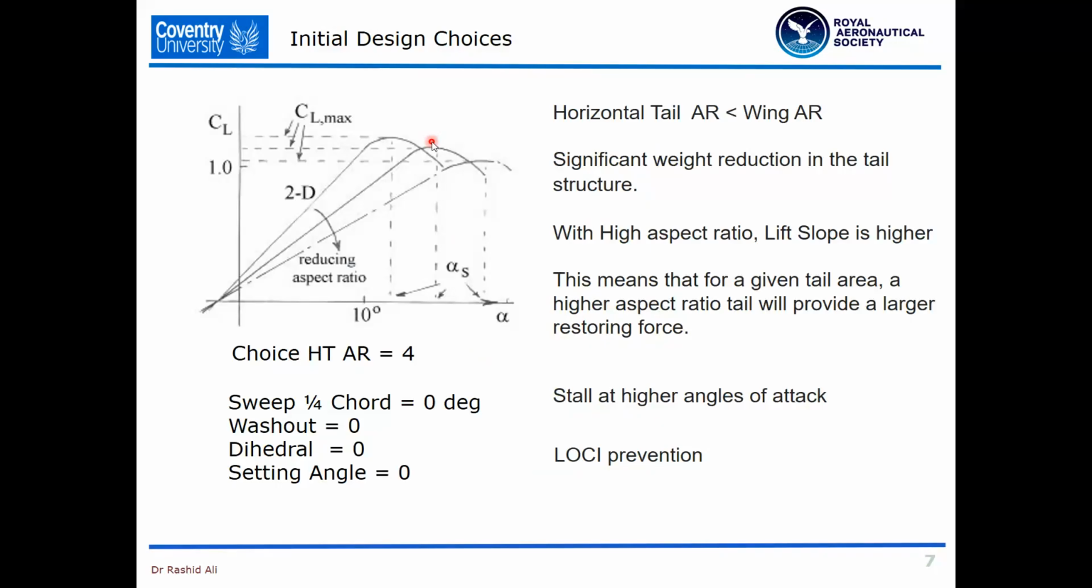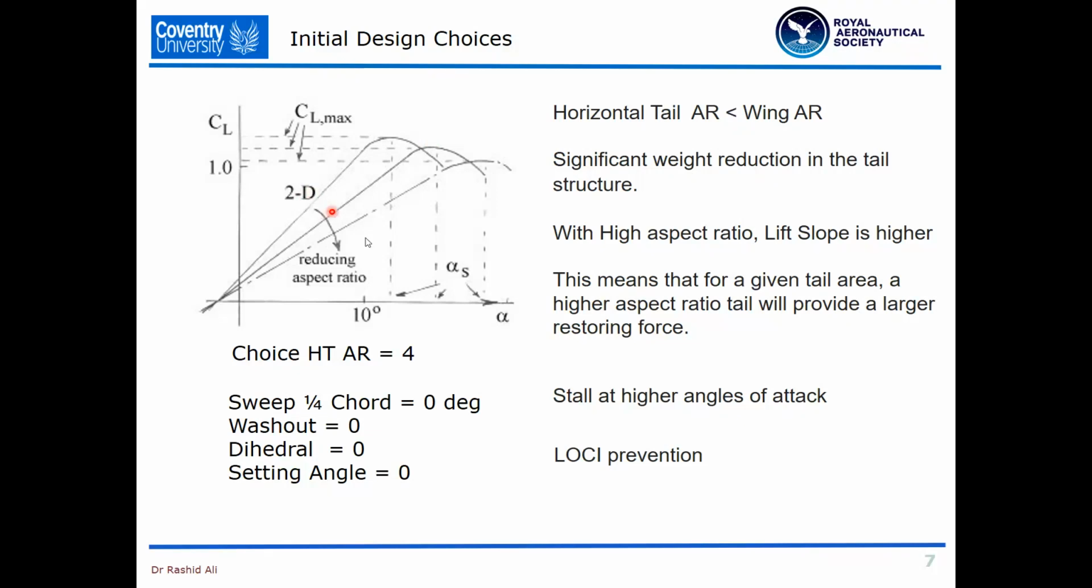And as I said before, what we want for the empennage is good control power that allows us to maneuver the aircraft in pitch. Now for that, generally speaking, we would choose the aspect ratio to be lower than the main wing, but how much lower? If you look at this graph,